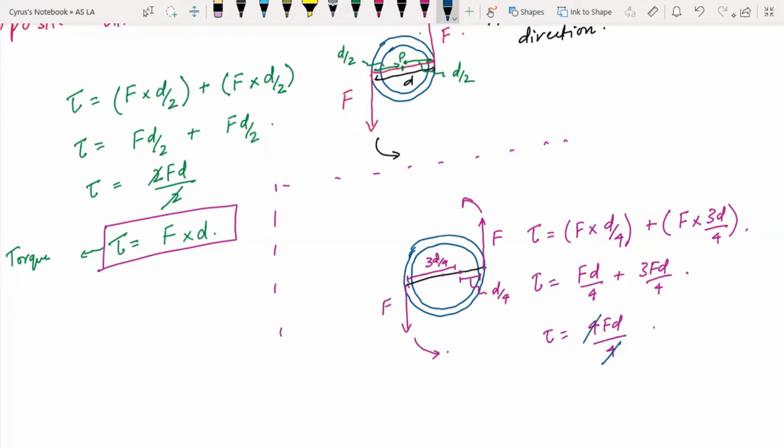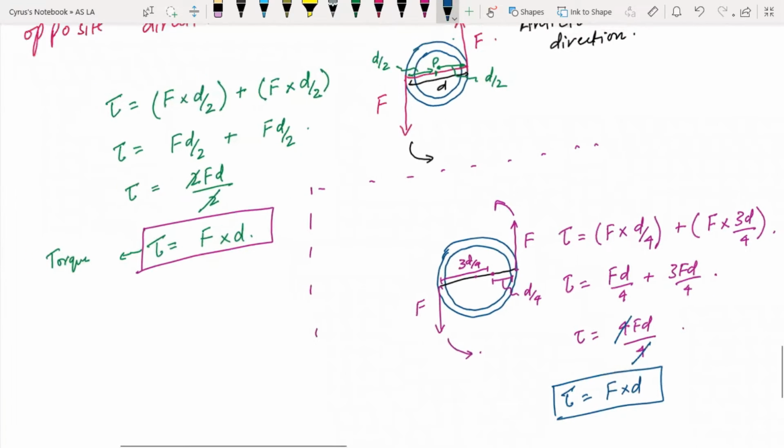This 4 is going to cancel with this 4 and tau becomes F into d. So no matter where you take the pivot,